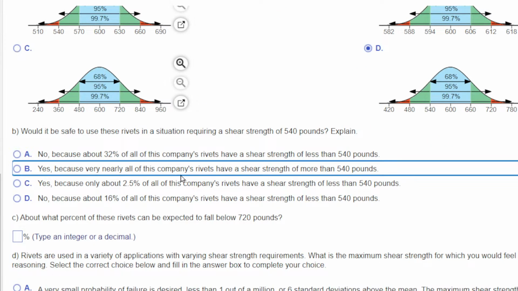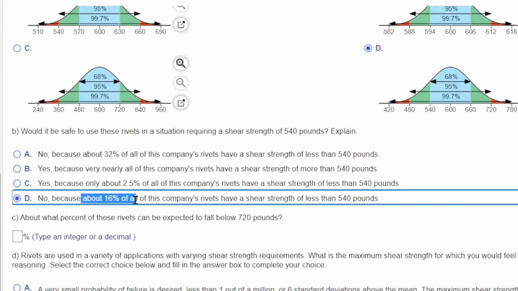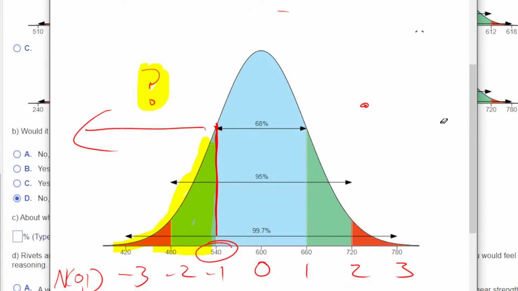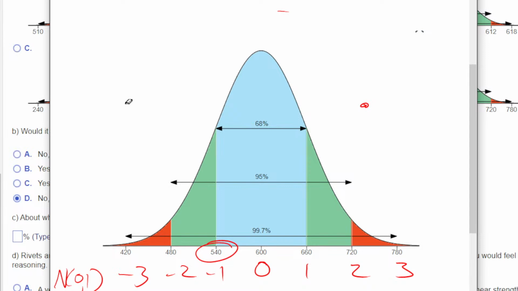So if you look at the answers right here, you can see pretty quickly that no, it would not be safe, and they give you only one with 16. Now we want above 720. Whenever you're trying to find out the answers here, what is the first thing you would do to find above 720? I should probably know the what of 720. The first thing Brian would do in solving questions like this is find the what of it.